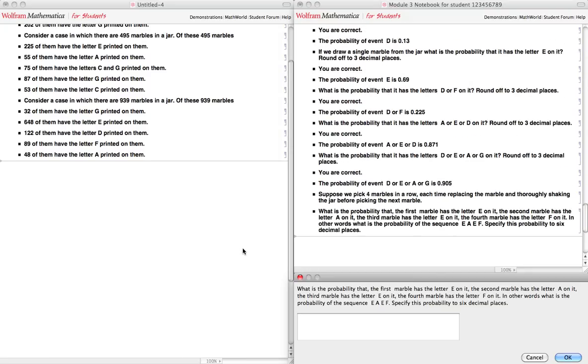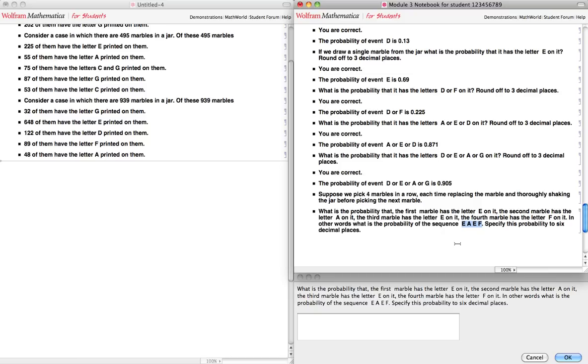Okay, suppose we pick 4 marbles in a row, each time replacing the marble and thoroughly shaking the jar. So in this case there is replacement. What is the probability that the first marble has the letter E on it, and it just goes on. So basically all it's asking you is to compute the probability of this sequence, given that each time a marble